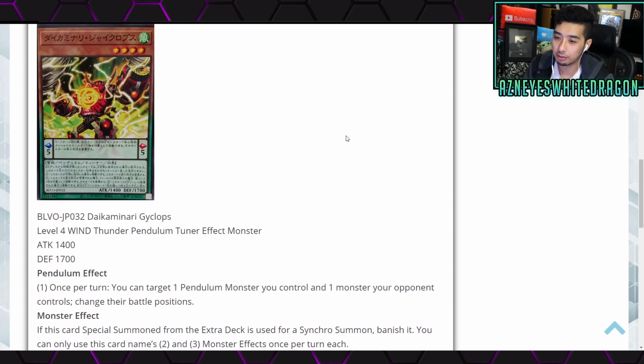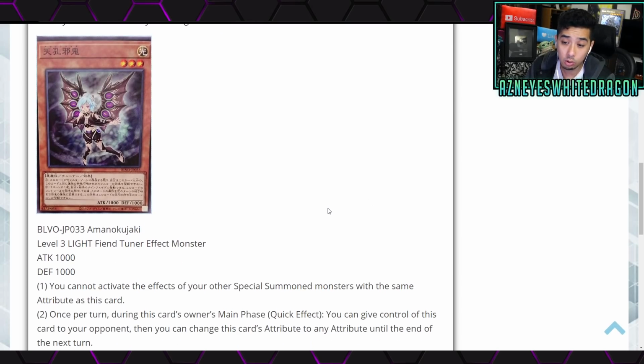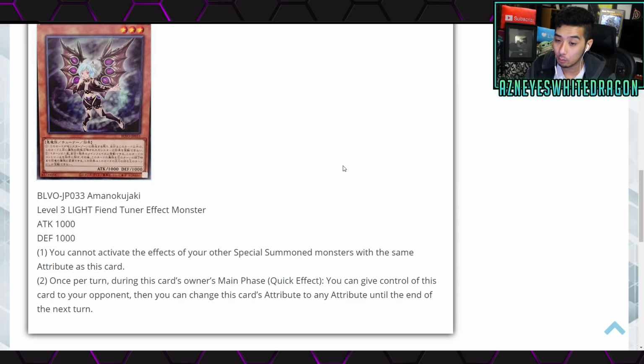Okay, interesting little effect over there. I do like how he's a tuner too. Next up though, this is a very weird card. This is Noku Jaki. It is a level 3 light Fiend Tuner effect monster with 1000 attack and 1000 defense